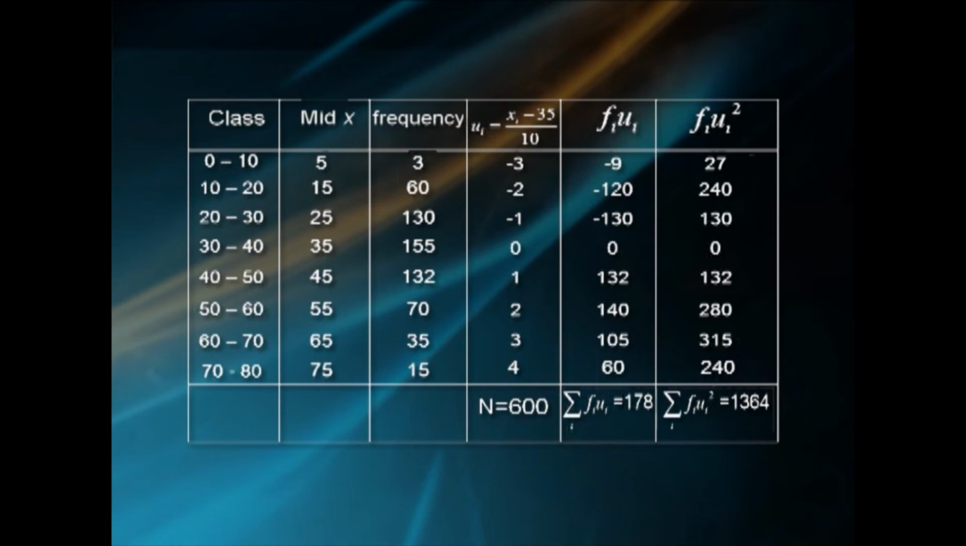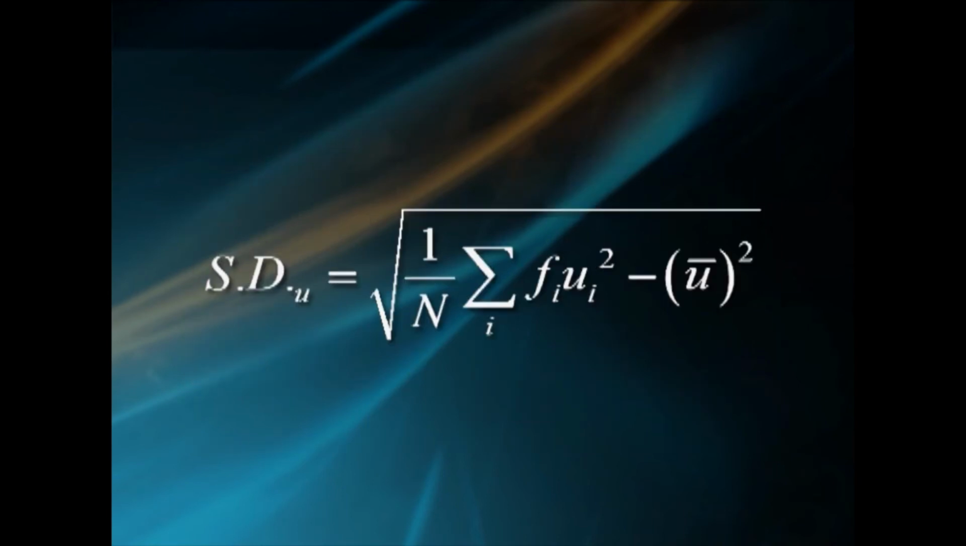Fi ui values minus 9, minus 120, minus 130, 0, 132, 140, 105 and 60. Summation over i Fi ui equal to 178. Fi ui square values 27, 240, 130, 0, 132, 280, 315, 240. Summation over i Fi ui square, that is equal to 1364. Standard deviation of u values, that is equal to square root of 1 by capital N sigma Fi ui